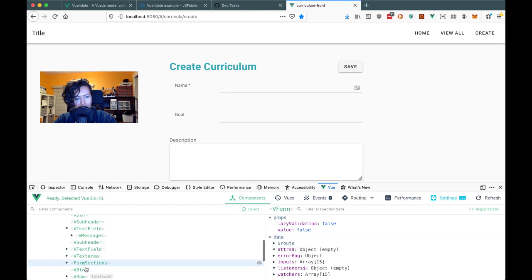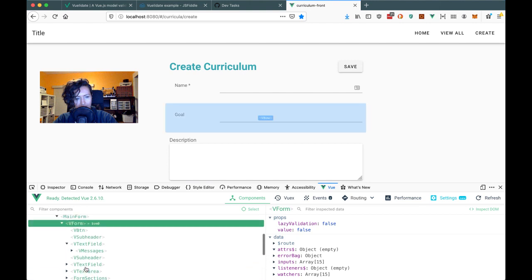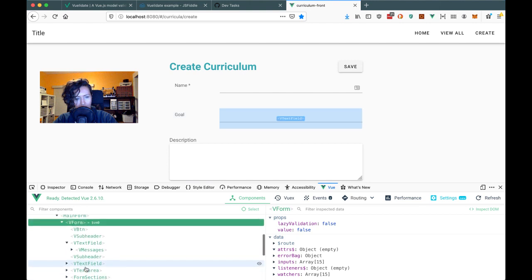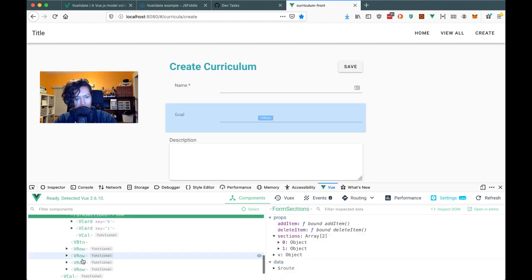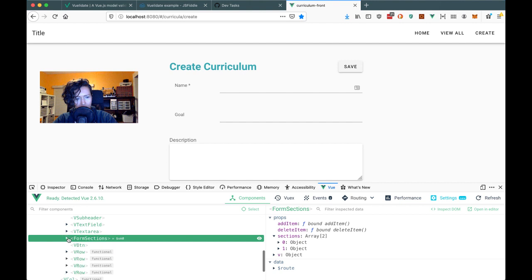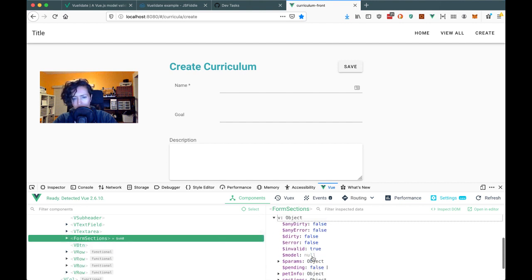Why do I keep missing it? Form sections. I guess it is form sections. It felt like it was just sections before. Okay, so this is correctly importing